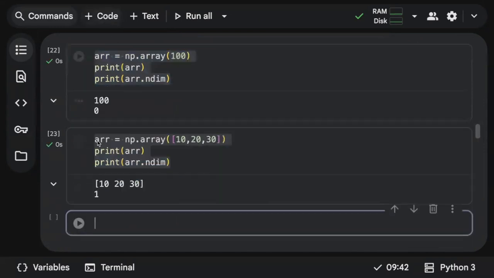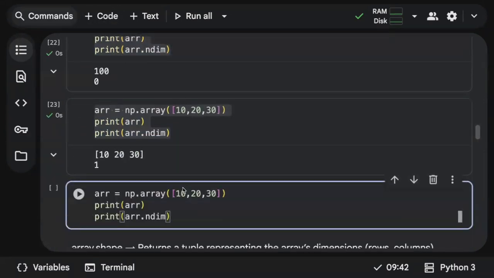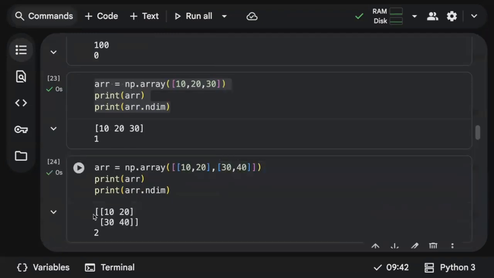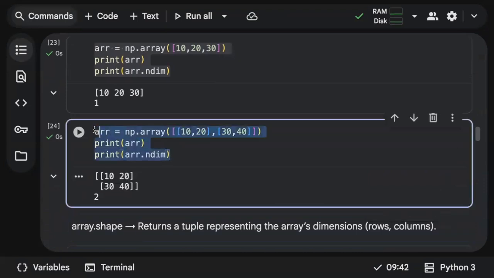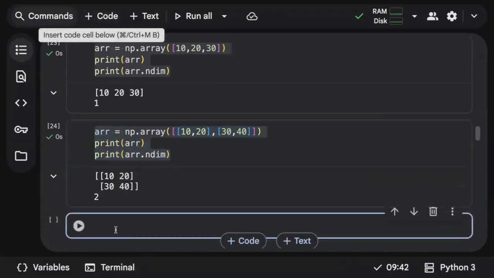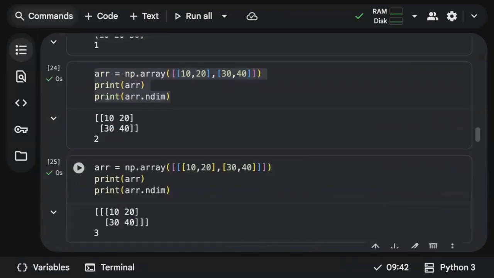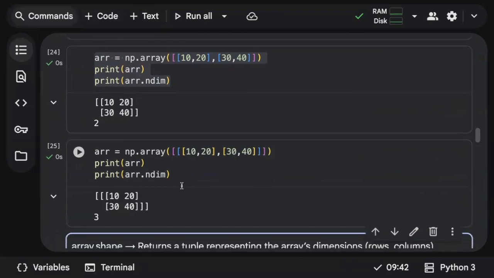What if my array is something like this? Let me modify the same code. See, two brackets, so obviously the dimension of the array is going to be 2. So ndim is a function which helps you understand what dimension an array is. Keep increasing the brackets, and the dimension will also increase. That's where ndim plays a very important role.